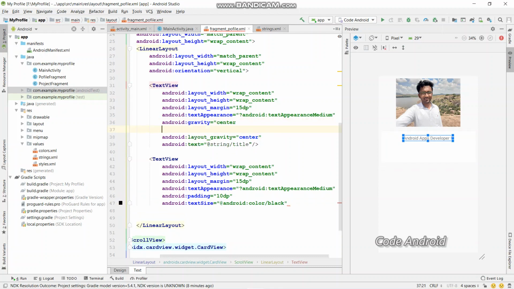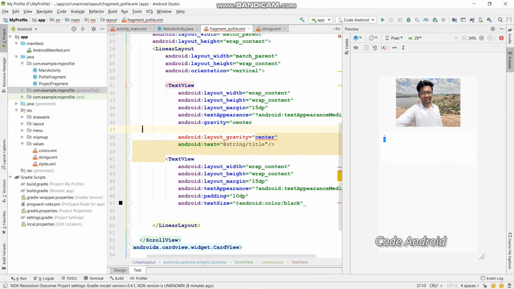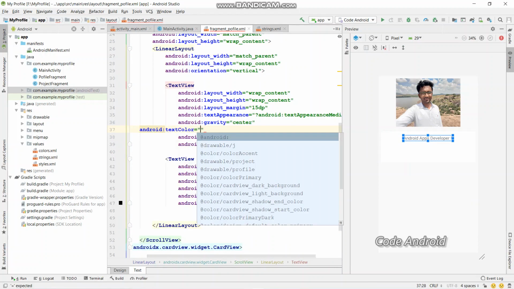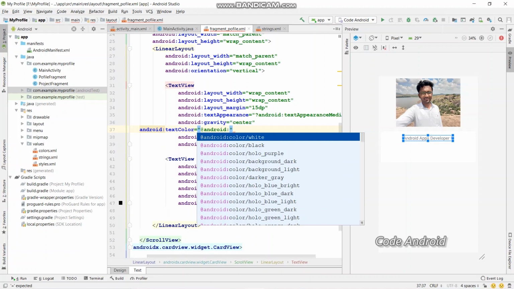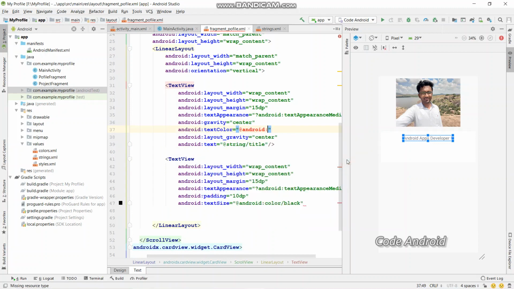And here also add text color. Let the text color be black,